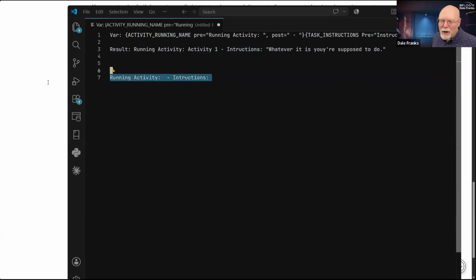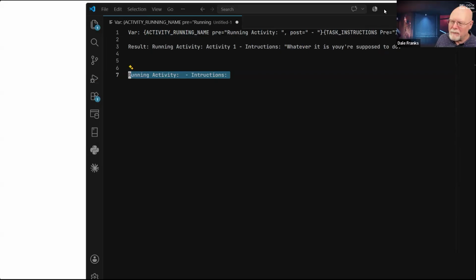That is still going to be there, even though I'm not in any activity. And I can't really get around that. So since I've got the pre and the post, or whatever it is that I'm going to do, that's why I have the embedded section.